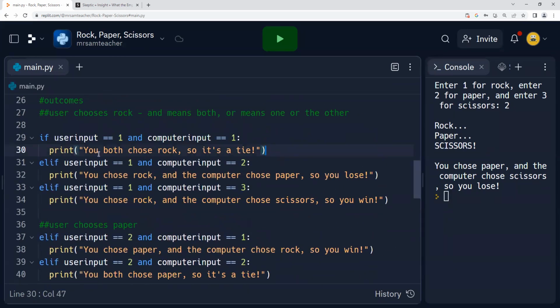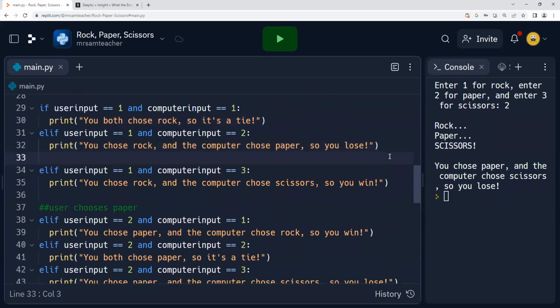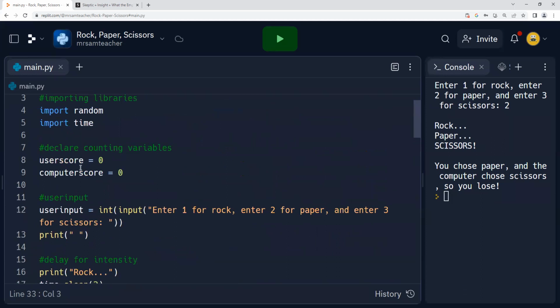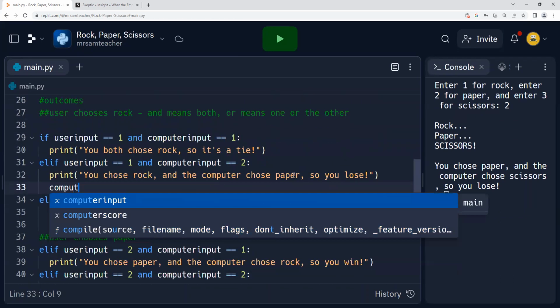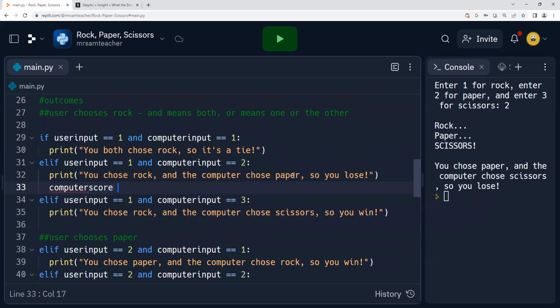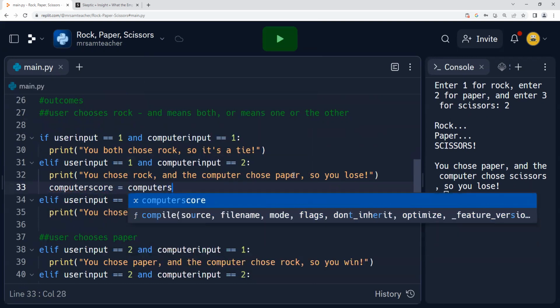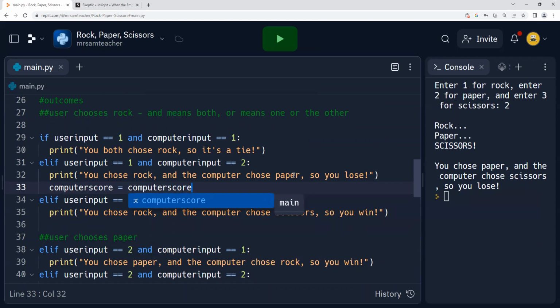So we'll go back down to these guys right here. It's a tie, so we don't want to do anything because it's going to be a tie. If we hit you lose, every time you lose, we can put a second statement under that elif statement. So make sure it's specifically under this elif, and you can do a little function. If you lose, that means the computer score will go up by 1. Computer score equals computer score. So you're going to declare it the same. It's at 0 right now, but we're going to go 0 plus 1 whenever you lose.